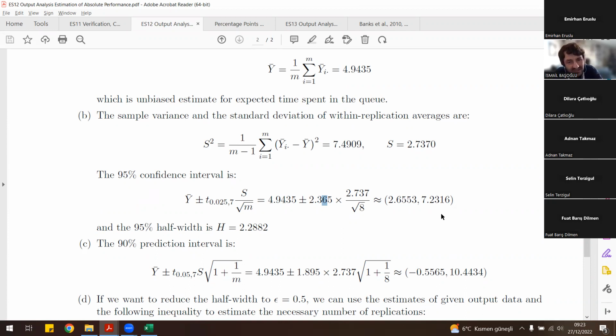We can say now this interval, my friends, is not very narrow. With 8 replications, the confidence interval that we get is not giving us solid, accurate information. Unfortunately, we definitely would like to reduce the width of that confidence interval. At this point, the half width of this confidence interval, which is calculated by this component, as you can see, is 2.29. We would like to reduce this half width as much as we can to get a certain accuracy.